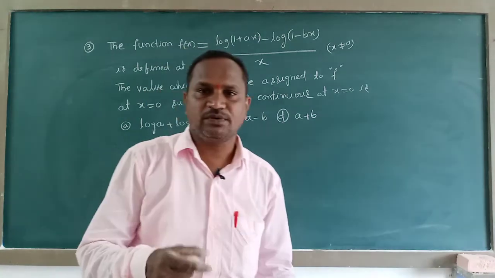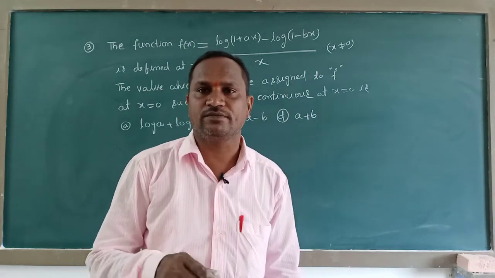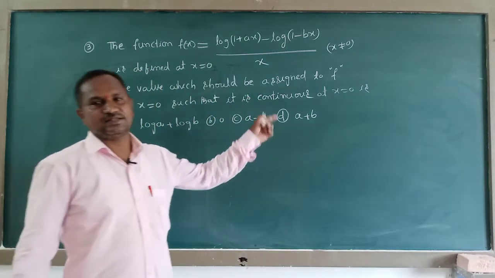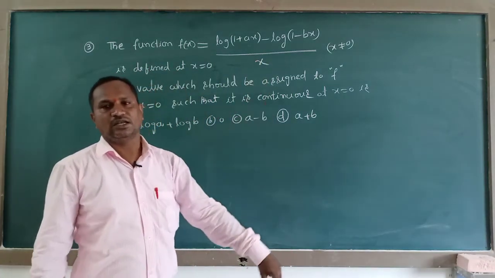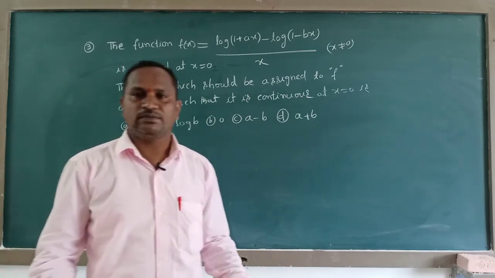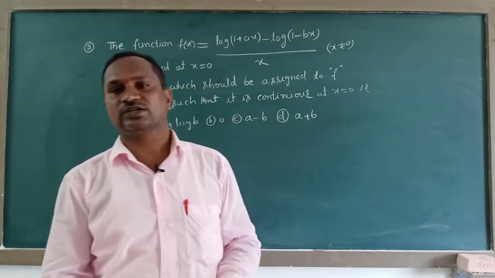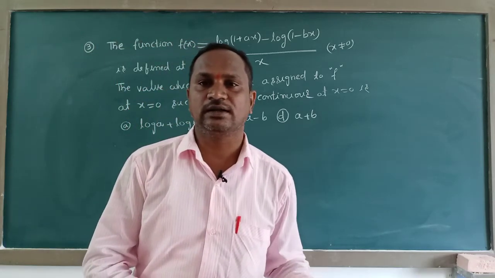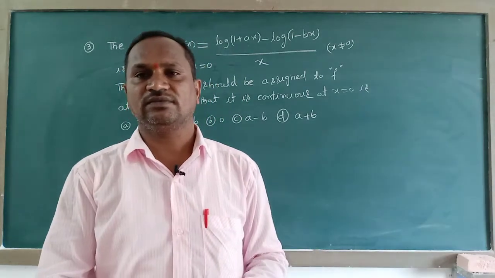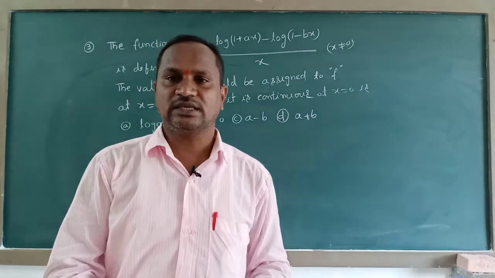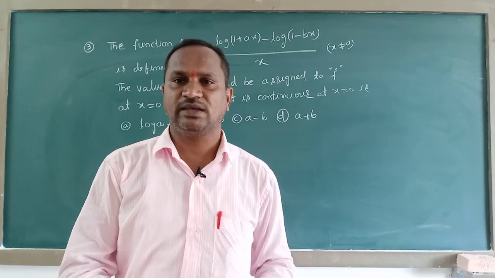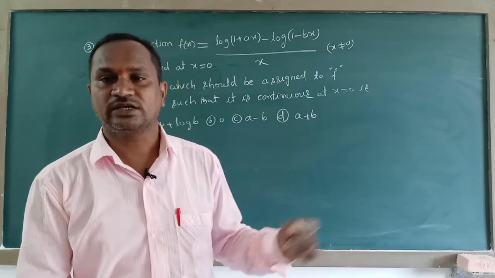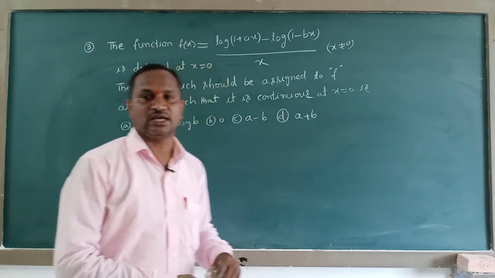But which type of condition will come to this question with the help of the continuous function? When they mention continuous, directly we can find the limit value only. At the same time, directly we can take limit equal to function also. But they did not give the function value directly here. They mentioned the given function f of x is a continuous function, so directly we can take its limit value, which is enough for this question. Now let us find the limit value for this question.